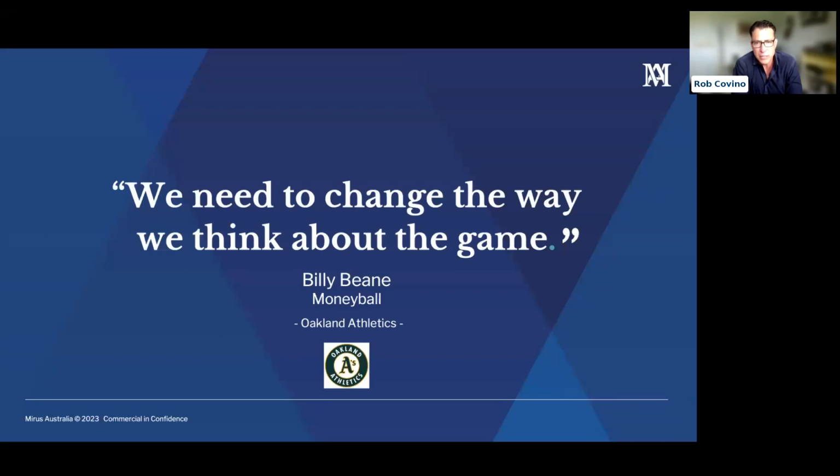And so the famous quote, "We need to change the way we think about a game," is effectively the resistance he was having with how he was taking this 150-year-old sport, and in the early 2000s started to really change the approach in which now not only baseball but all sports utilize big data on all their players in different ways. You now see that on TV when they can show you new stats like hustle rates and how fast they can run within actual scrimmages across rugby, AFL, all codes, but they all originated back with Billy Beane, the general manager, and the basis of Moneyball.